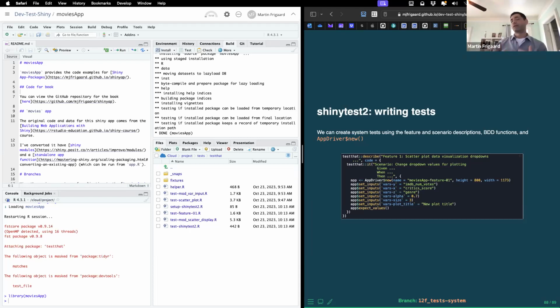I'm not going to duplicate a lot of what shinytest2 has. Barrett has excellent videos and documentation on how to use it. What I'm trying to point out is these behavior-driven development test functions are excellent, because a lot of times it's hard to describe exactly what that system test is doing in the small text that we have in the name of the file or anywhere else. So you can actually describe a full feature and scenario if you add these BDD functions to your system tests. And I recommend obviously adding them all the way back to your module tests and unit tests,